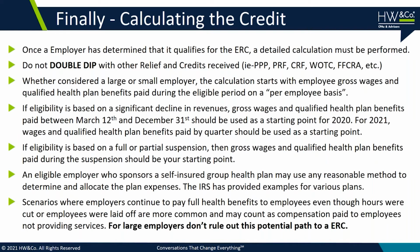Okay. Tony, I'm going to leave you the hard part of calculating the credit. So Jim was mentioning the mathematical calculation. For the most part, once you qualify yourself,